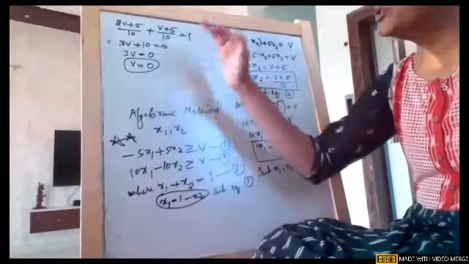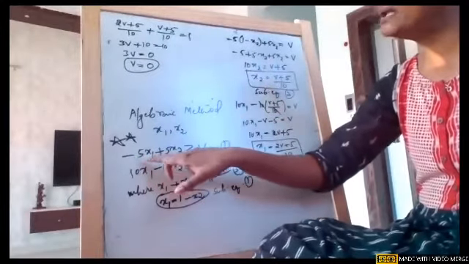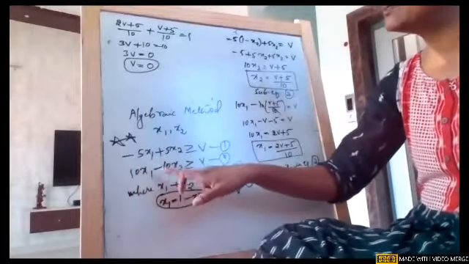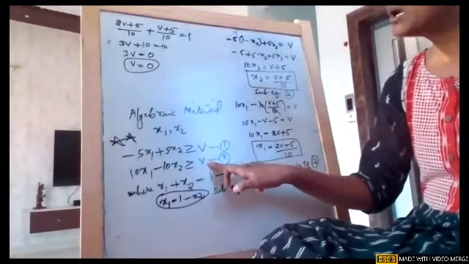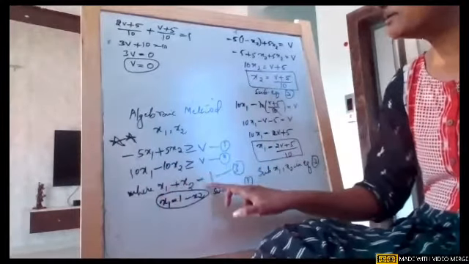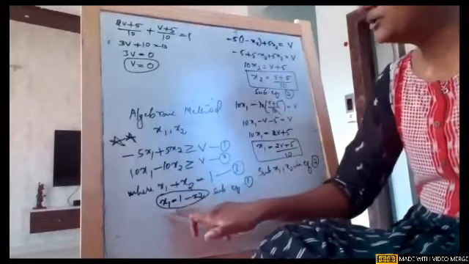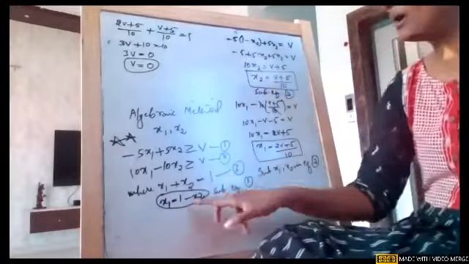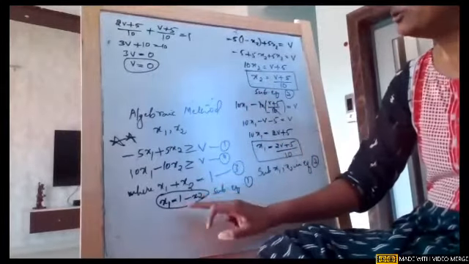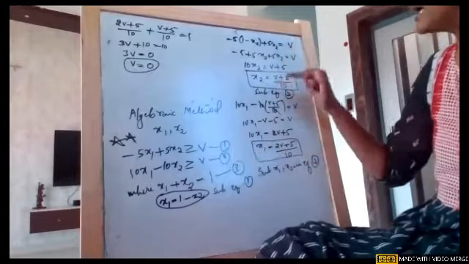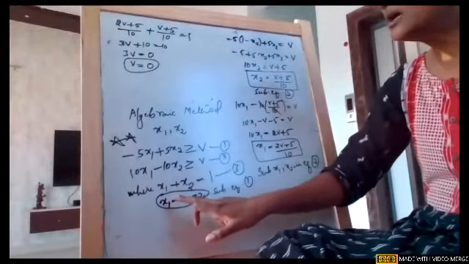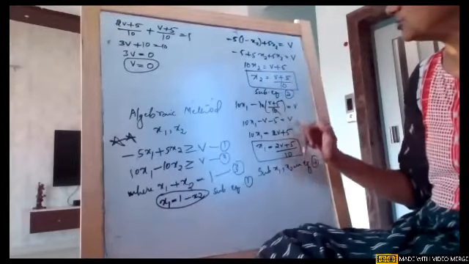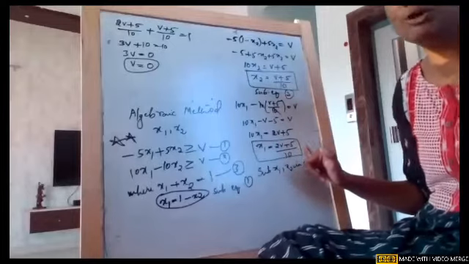What did we do? Again, I'll explain, girls. We just came column wise. First column values: minus 5x1 plus 5x2 greater than or equal to v. Second column values: 10x1 minus 10x2 greater than or equal to v. Using our third equation, which is a universal equation, x1 plus x2 is equal to 1, we derived x1 is equal to 1 minus x2. First we substituted in equation 1 and derived x2. Then we substituted this x2 value in equation 2 and derived x1 in terms of v.